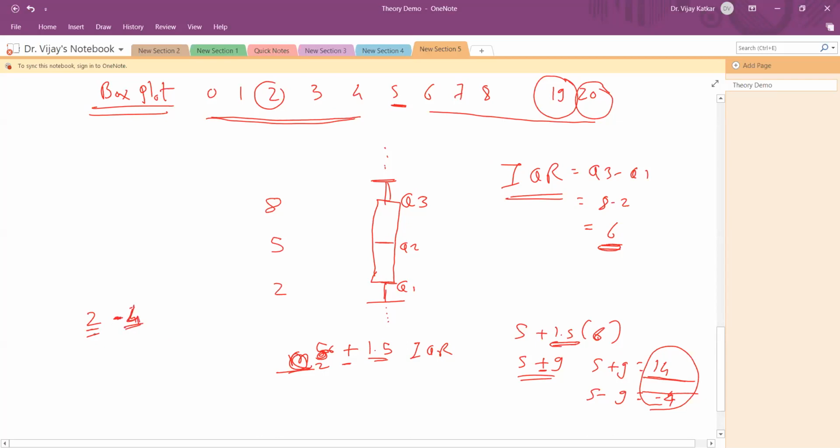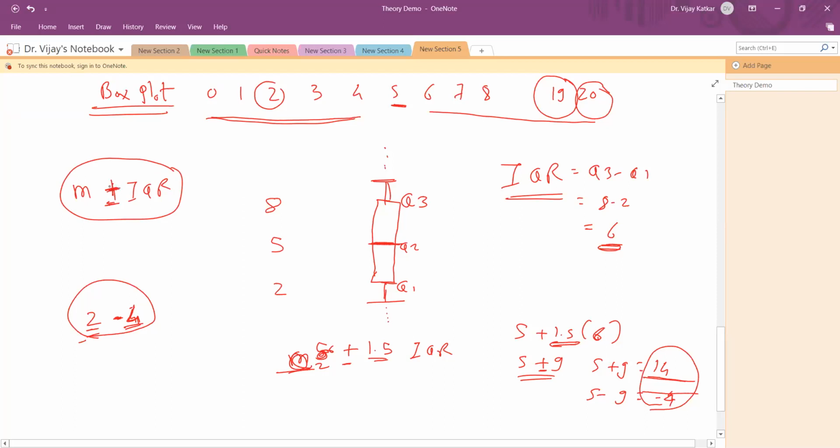But in maths, what they say is that you calculate the median plus or minus IQR, and if anything is beyond this, we can call it an outlier, and that must be removed.